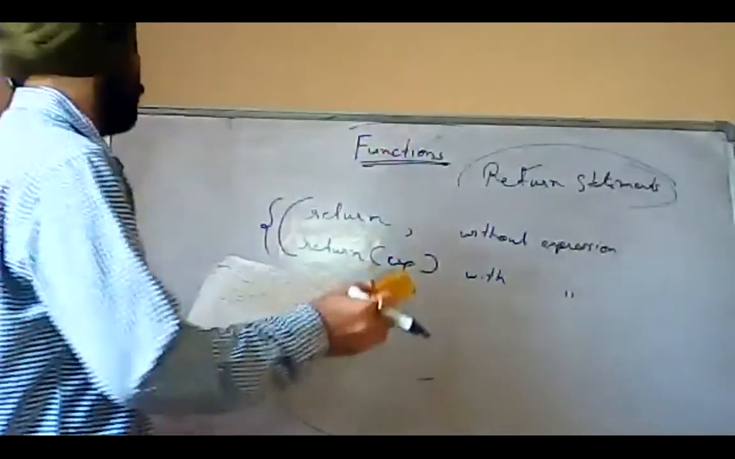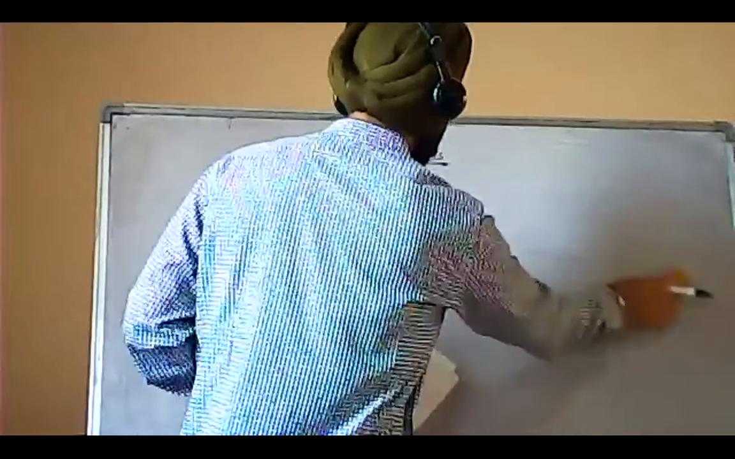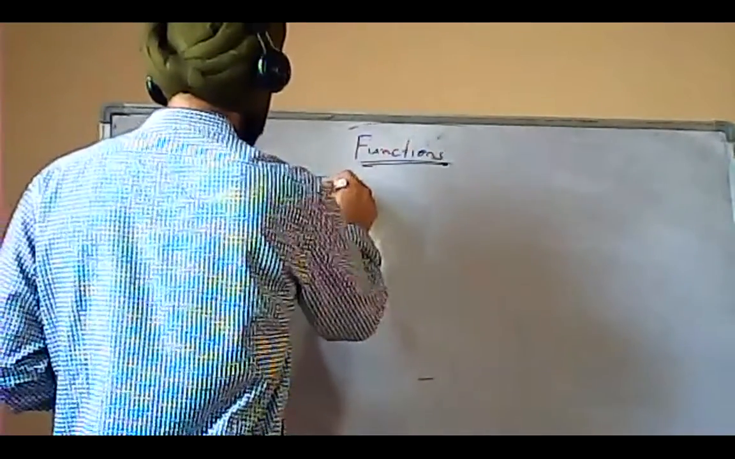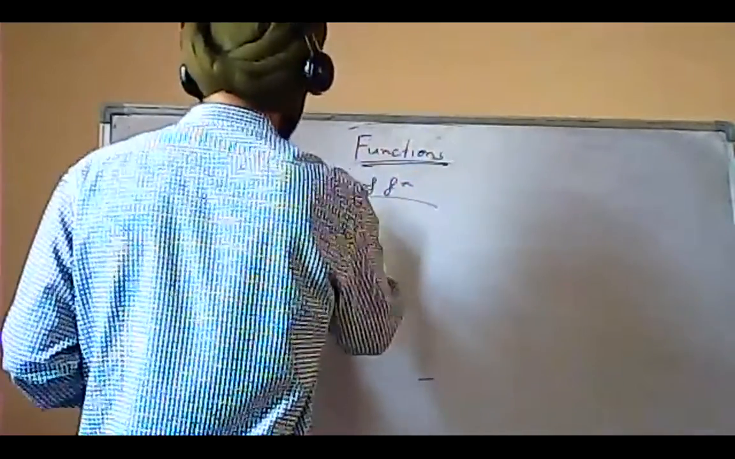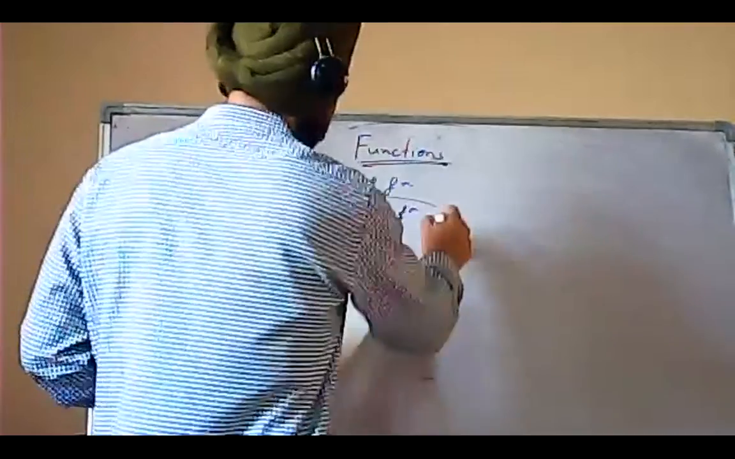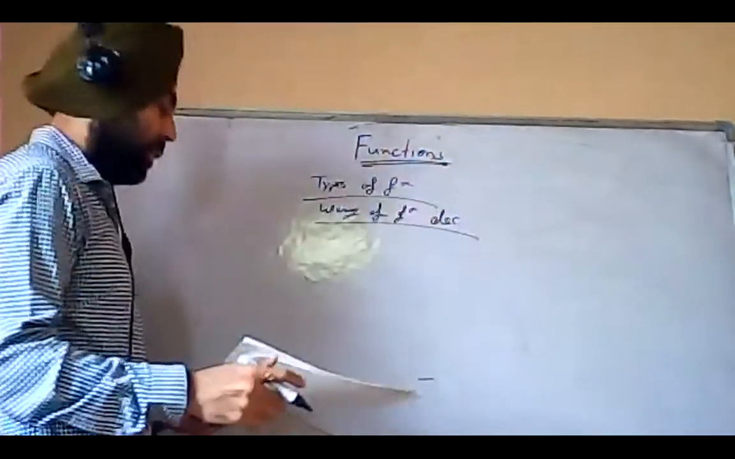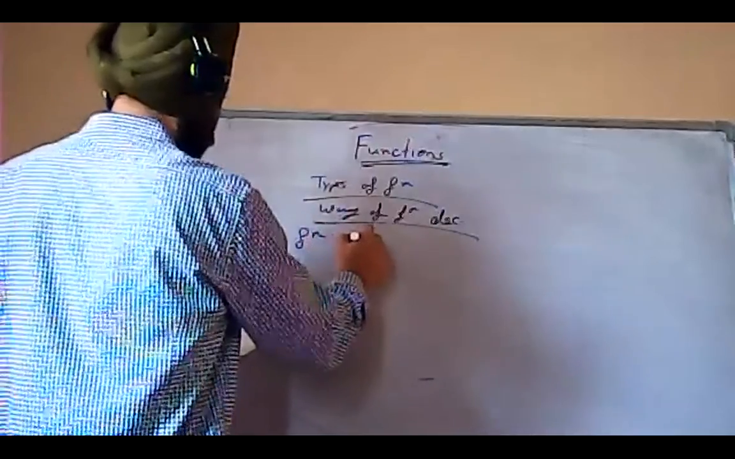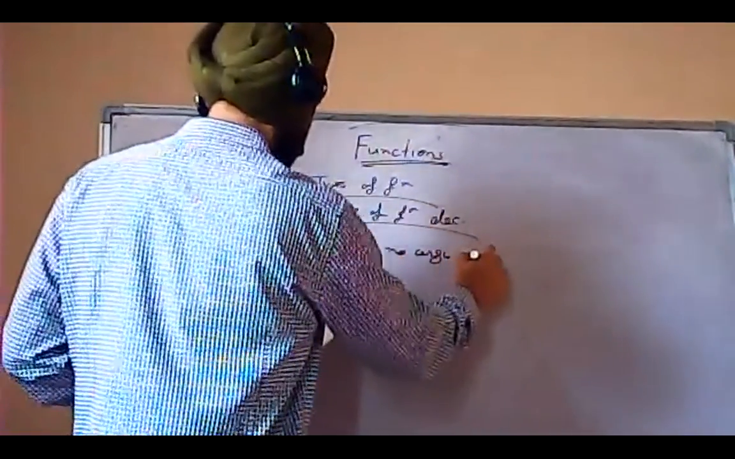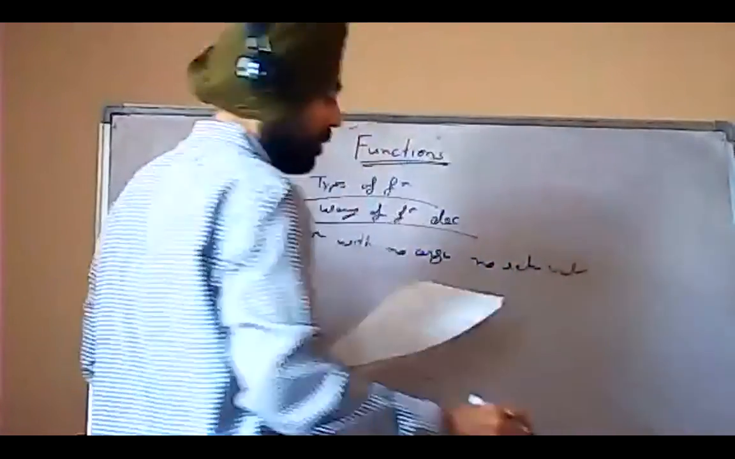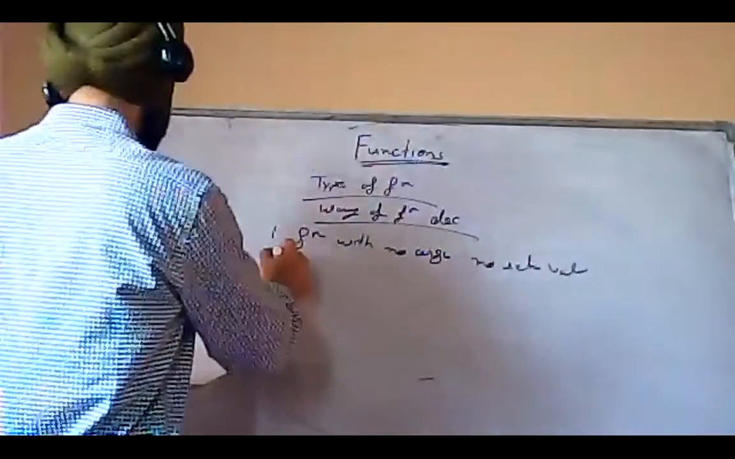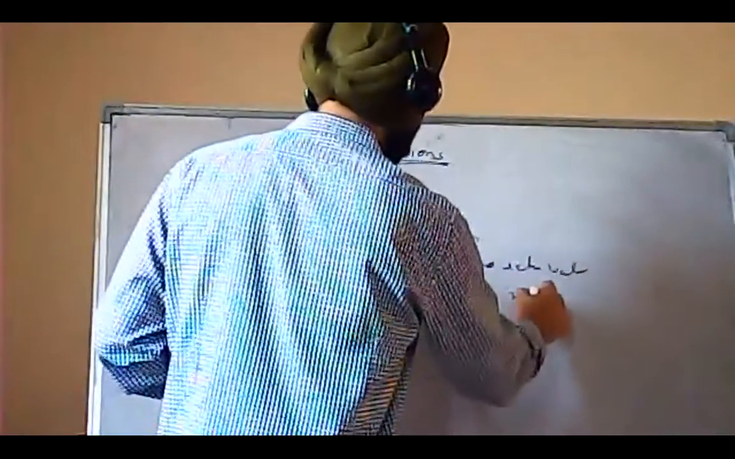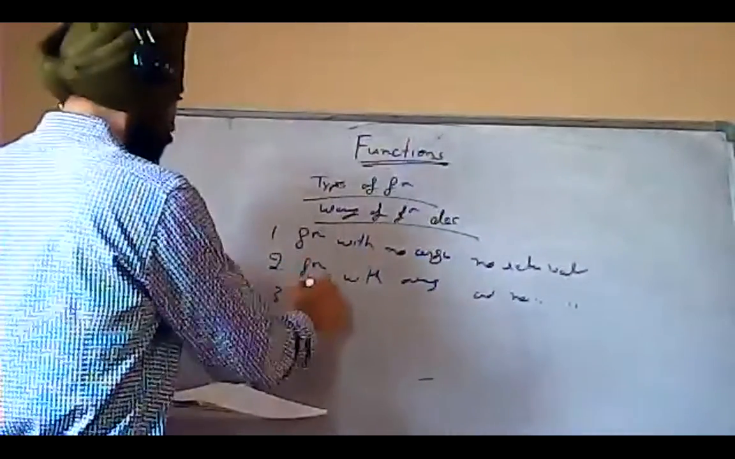Next we have different types of functions, because we have different ways to declare functions, or the way of function declaration. First, we have function with no argument and no return value. No return value means an empty value. Second is function with argument and no return value. And the third one is function